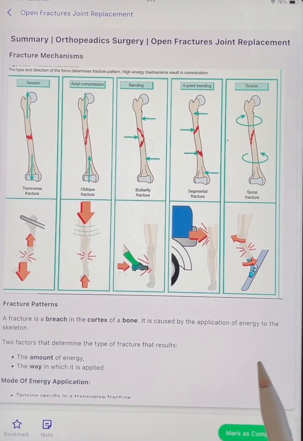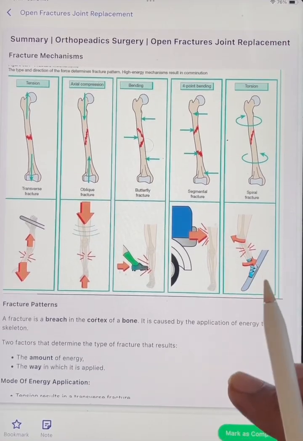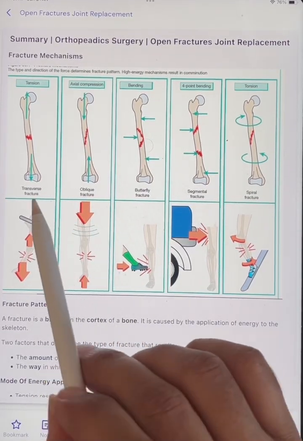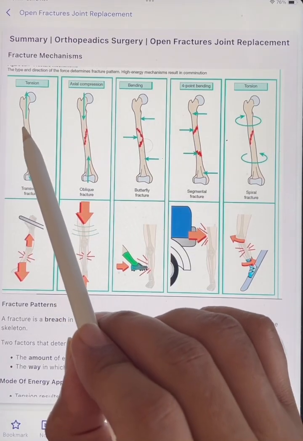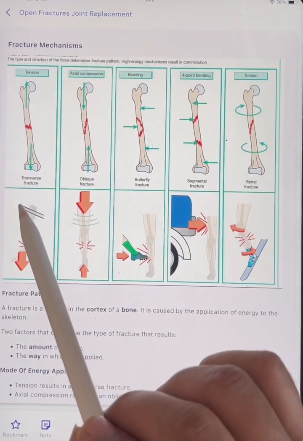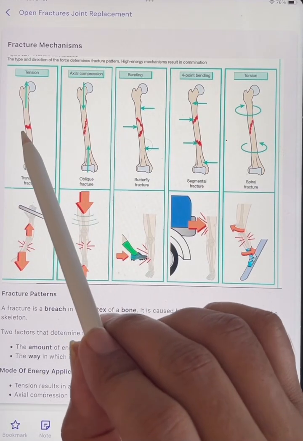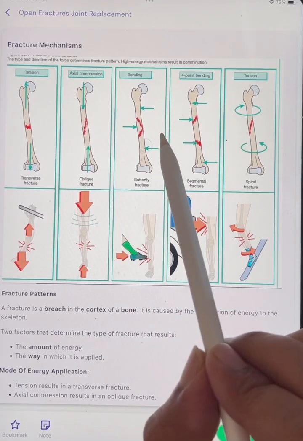So this is about a summary of orthopedic surgery: open fracture and joint replacement. What is the mechanism? You can see this one is because of tension. This is stretch from two sides. This is axial compression. So this stretch will cause a transverse fracture, and this will cause an oblique fracture, and this is